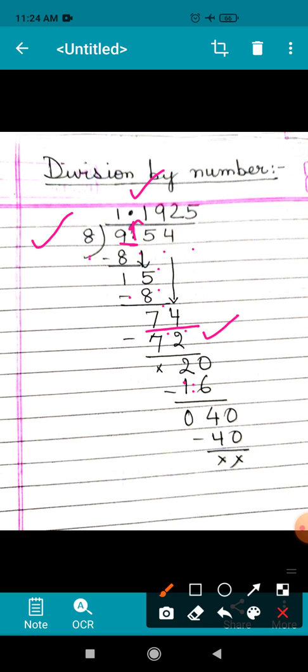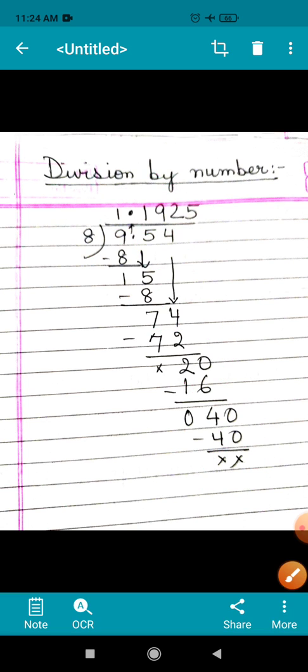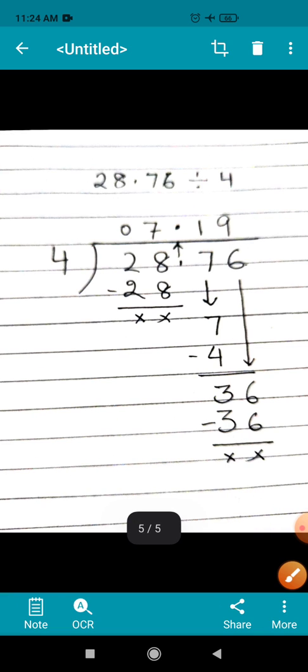Children, you will not leave it as a remainder, because once you have put the decimal in the quotient, you can write 0 here, as I have done here. 2 was the remainder, but I have written 0 here. Now again read the table. 8 2s are 16. 20 minus 16 comes 4. Now this time again you can write 0. Now read the table again. 8 5s are 40. Now you can see the remainder is 0 and the quotient is 1.1925.